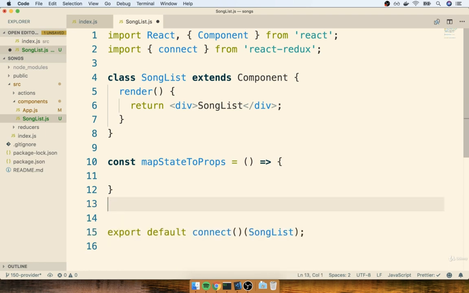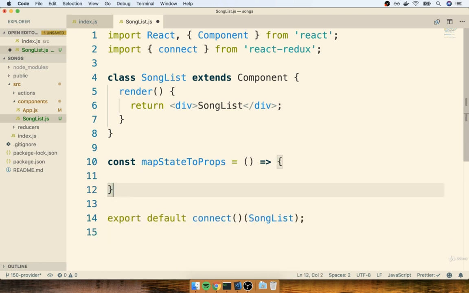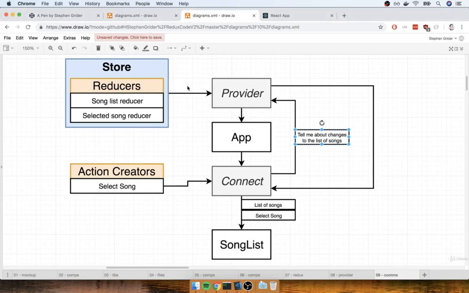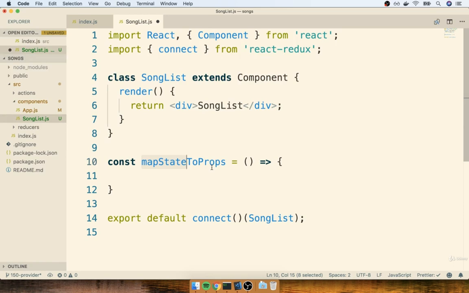So this is a very crazy little function name, but if you really read it, it will eventually start to make a little bit more sense. This is saying that we're going to take our state object, essentially all of the data that's inside of our Redux store, and we're going to run some computation on it that's going to cause that data to eventually show up as props inside of our component. So that's the meaning of mapStateToProps.